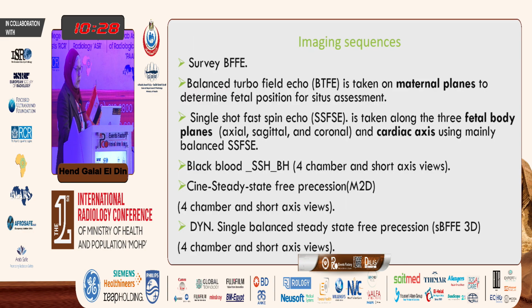Reviewing the imaging sequences of fetal cardiac MRI, we start with a survey, then get maternal planes in each position, sagittal, coronal, and axial, to assess the uterus and placenta. Then we shift to fetal body planes, axial, sagittal, and coronal, in single-shot fast spin echo, with cardiac axis using a balanced single-shot fast spin echo for cine images. Black blood, white blood, and dynamic